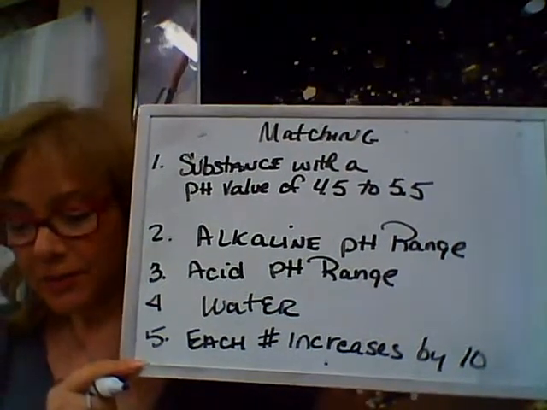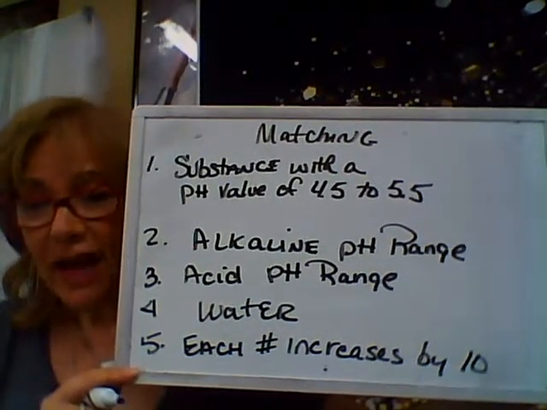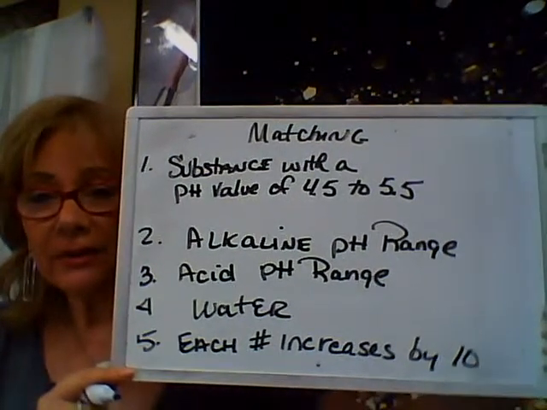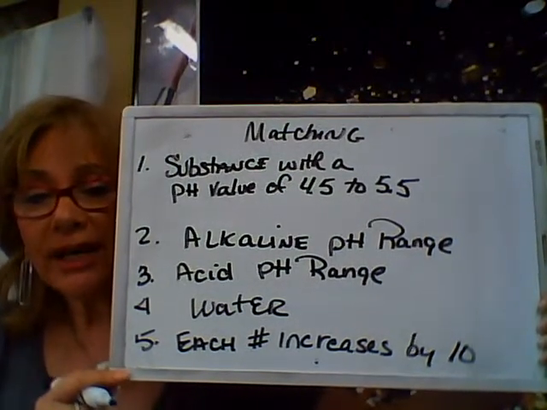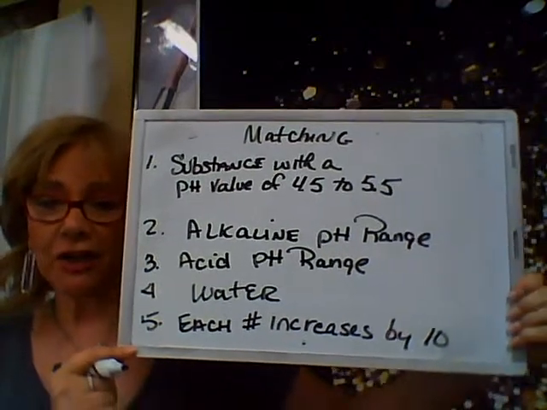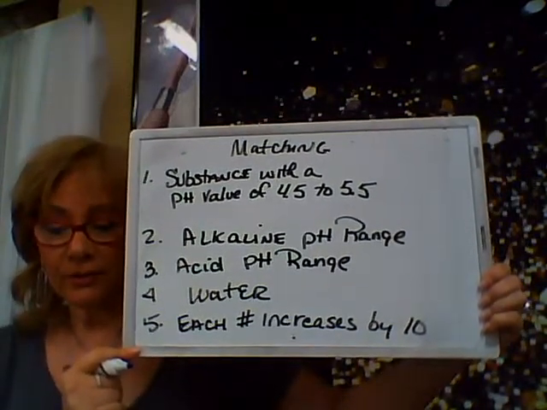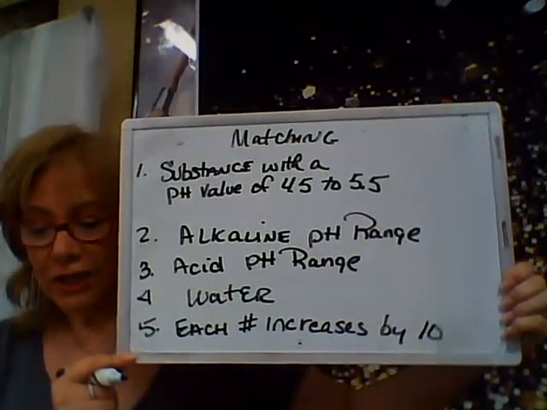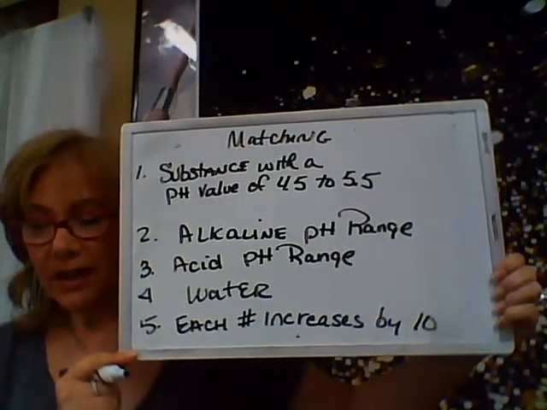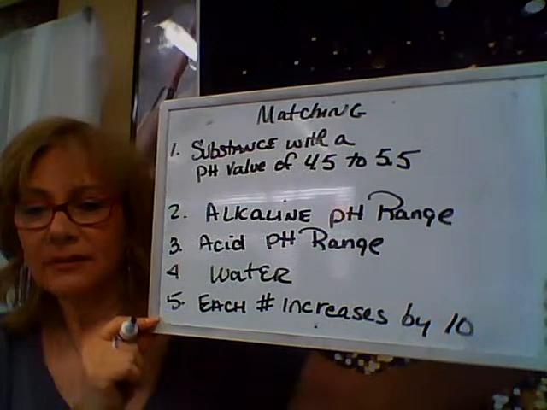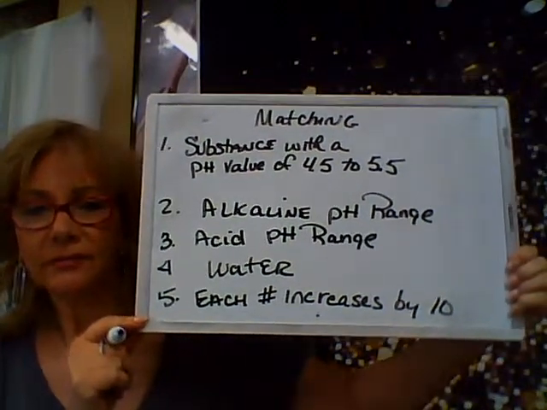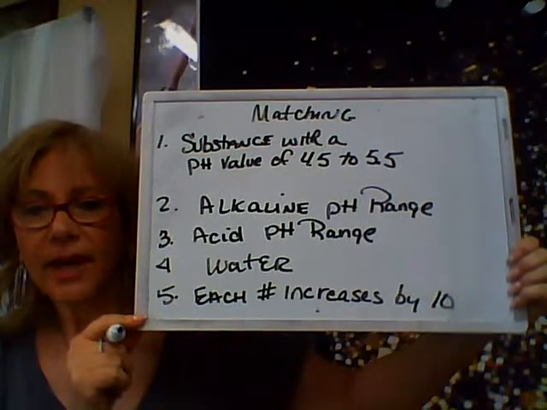So the first description says substance with a pH value of 4.5 to 5.5. Number 2, alkaline pH range. Number 3, acid pH range. Number 4, each number increases by multiples of 10. Did I say of 10 or by 10? By 10, of 10. Okay, now on the right side, what I want you to write are the words